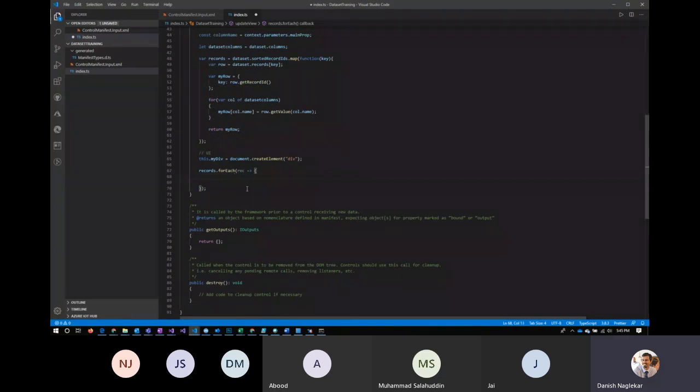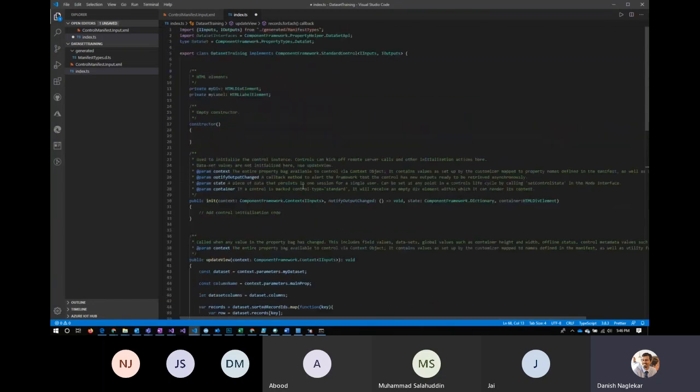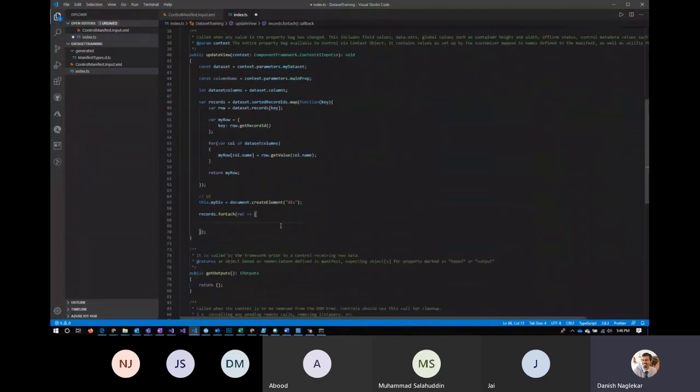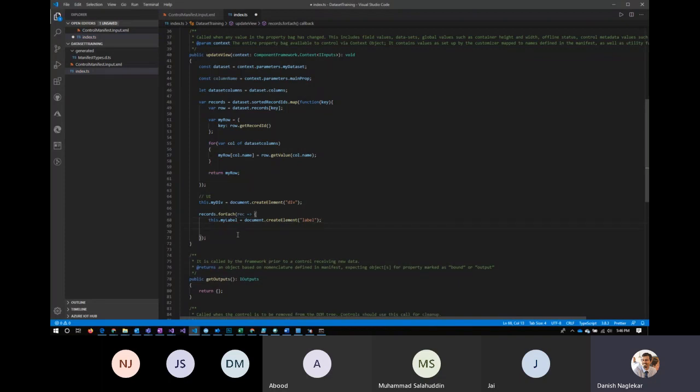Now what I'm going to do is create labels, each time I'm going to create labels. This is why I've created an HTML element for label. So for each would create a label for me. So my label is equal to document dot create element of type label, and then my label would have inner HTML is equal to